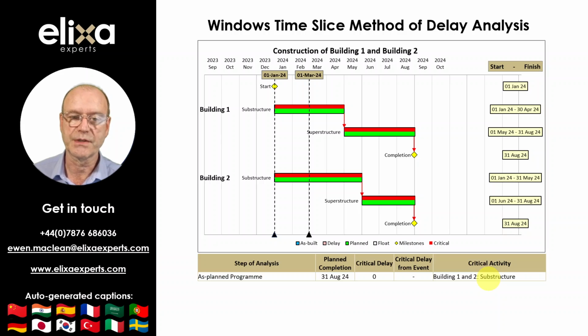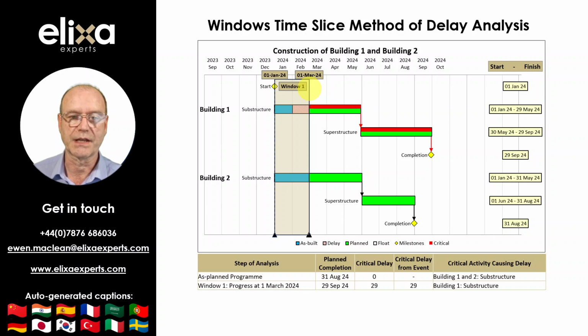Next, the program is updated with progress. The first update I have chosen here is the 1st of March, 2 months after the 1st of January. This defines the first window, which I've highlighted and called Window 1. I would add that program updates should be submitted at a frequency required by the contract, and it is more common for this frequency to be monthly. However, I have chosen 2 monthly intervals here for greater visibility and clarity.